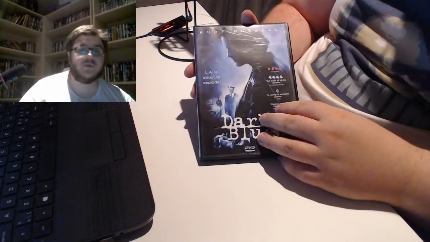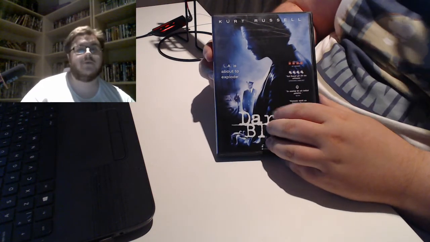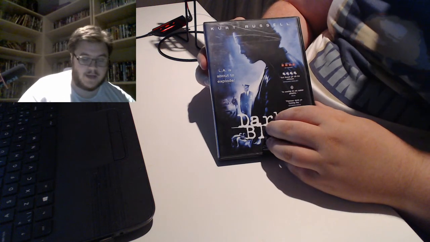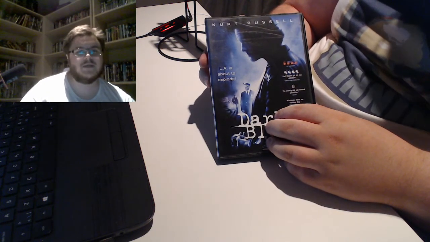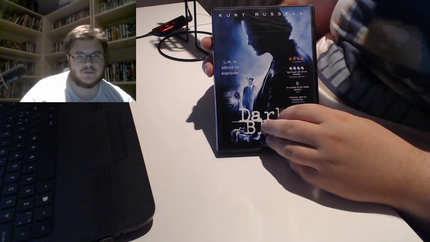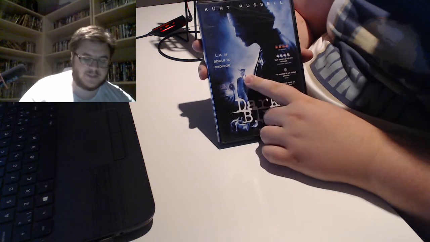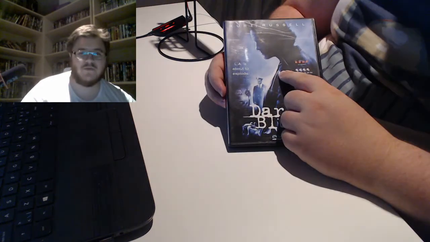I was way too young, way too Swedish to remember the LA riots. But this movie is actually pretty good. Once again, about corrupt cops in Los Angeles. Great central performance by Kurt Russell. Ving Rhames is actually pretty good in it, believe it or not. It's a pretty good cop thriller.